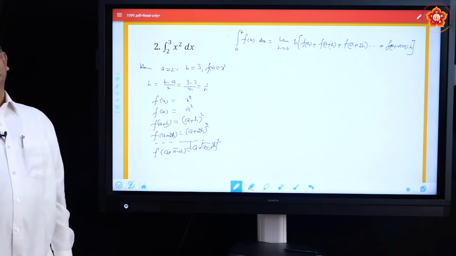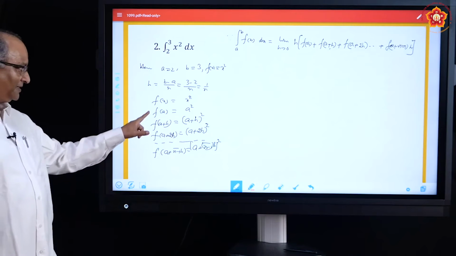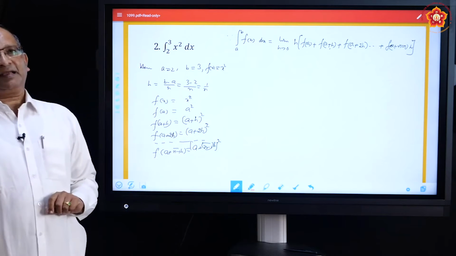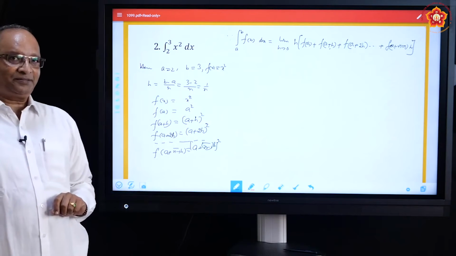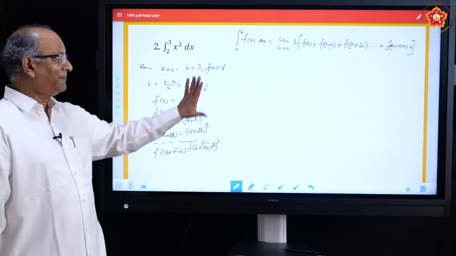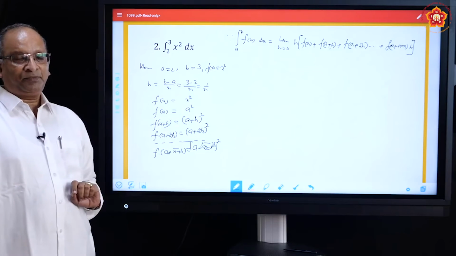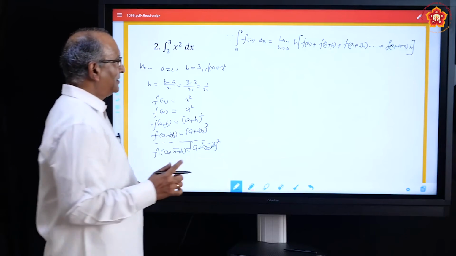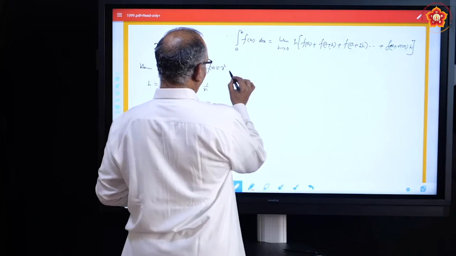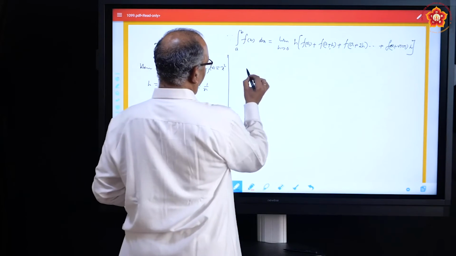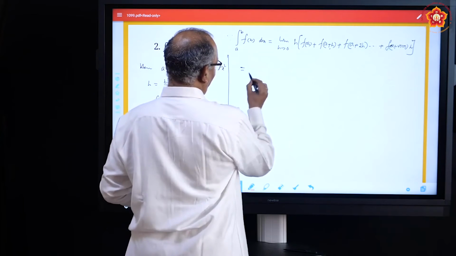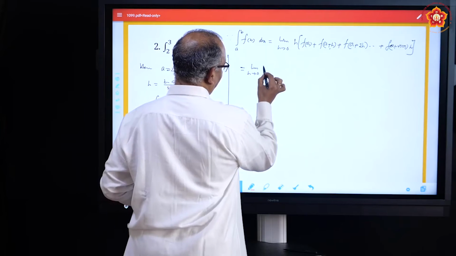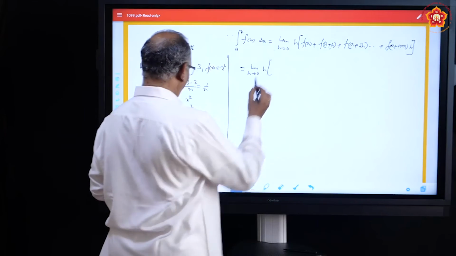What do we do to solve the problem? All these terms are to be added because that's what is there in the rectangular bracket. So add it. Either you simply copy this there or simplify it and substitute. Both are same. So this can be written as limit h tends to 0 h into f a.